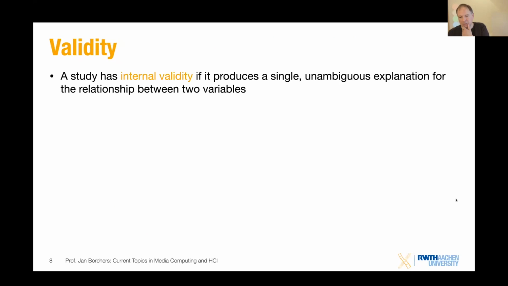Internal validity means that the study that you ran produces a single unambiguous explanation for the relationship between your, let's take a simple example, one independent variable and a dependent variable, right? So you've got your pie menu versus linear menu. The type of menu is your independent variable, and you've got the performance time to select the correct item out of 10 items, and you do that a bunch of times and you measure the time. So you've got an average performance time for the task, and that's your dependent variable. And your study is internally valid if,